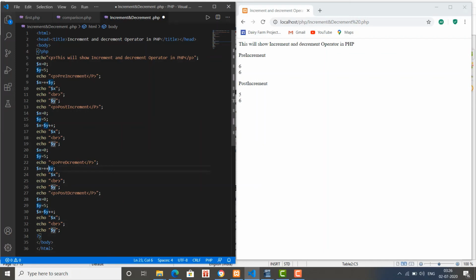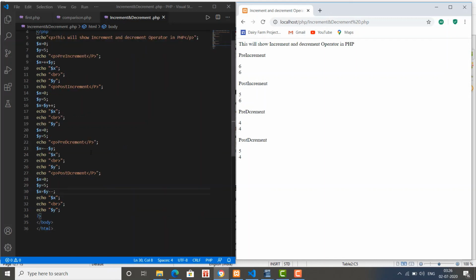Here we have to use the decrement operator, that is minus minus, and in this case too we use the decrement operator minus minus. To see the changes, save the file, and we go and refresh, and we see here pre-decrement and this is post-decrement.